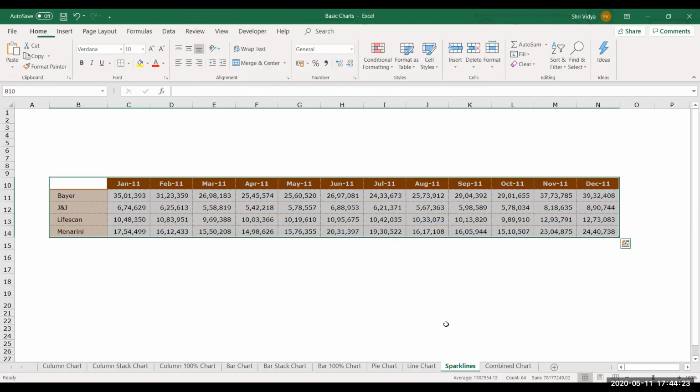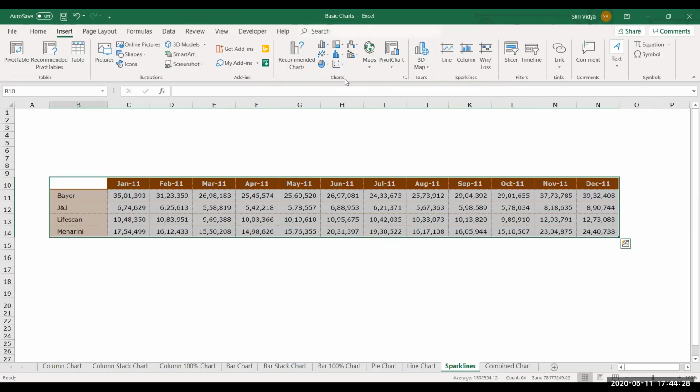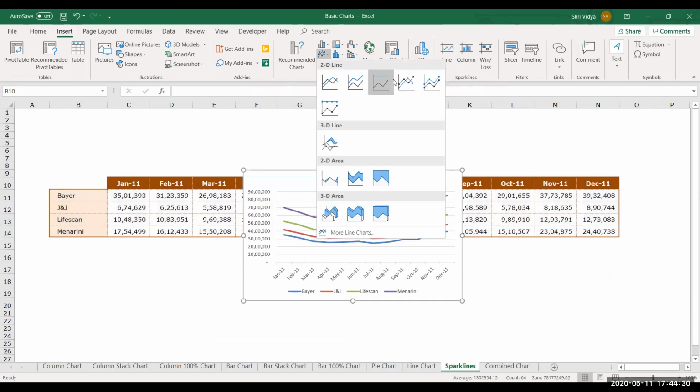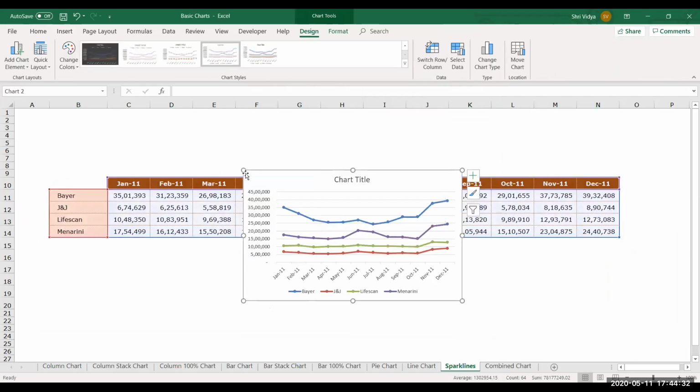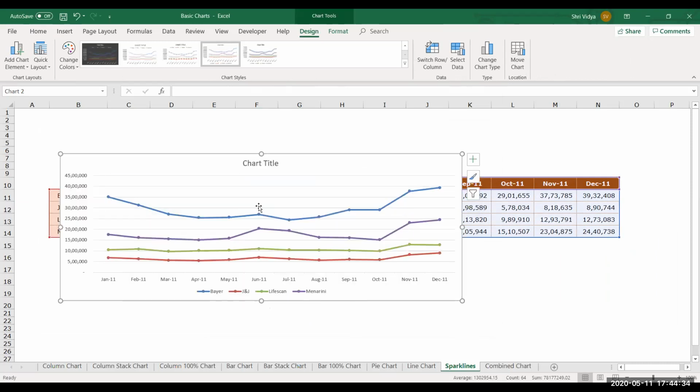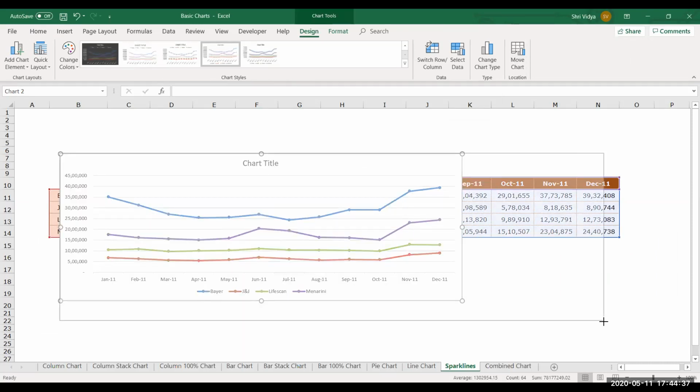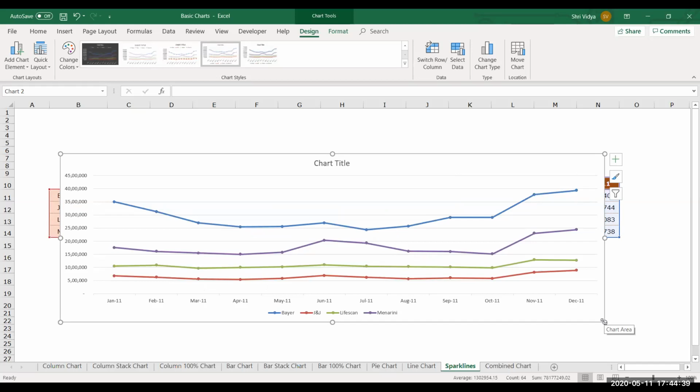So when you have too many series, you can always go for a line chart. So I choose this. Line is a better way of representation when you have a huge list of series that are available to us. So how are these plotted? You can see here we have 12 months of data plotted here. For each month, the sales value is plotted as a dot. And all these dots, when connected together, become a line chart.